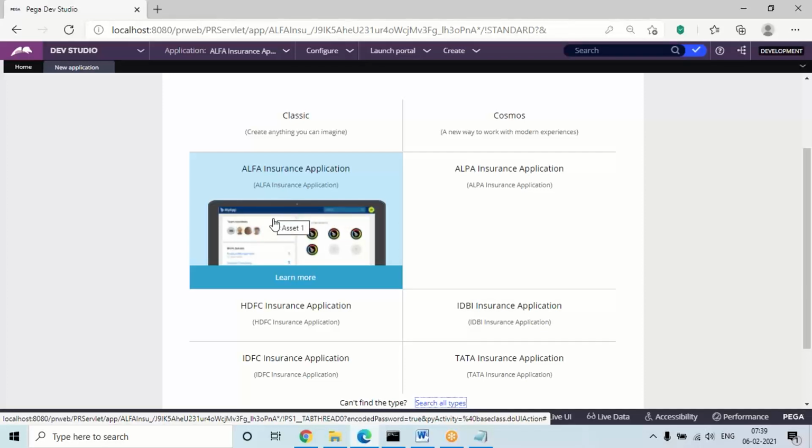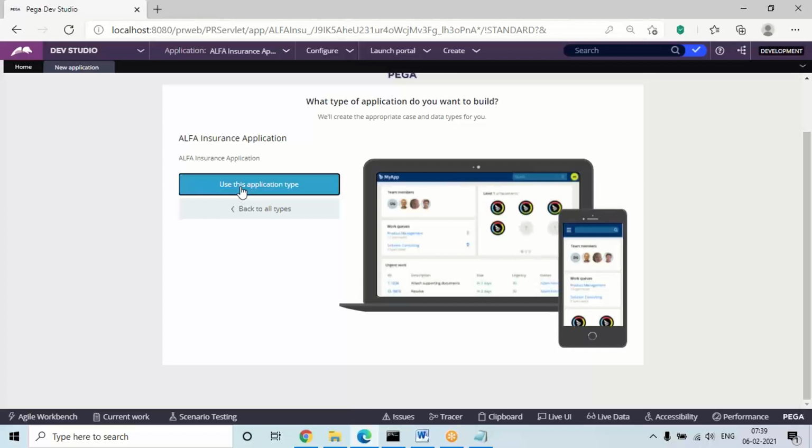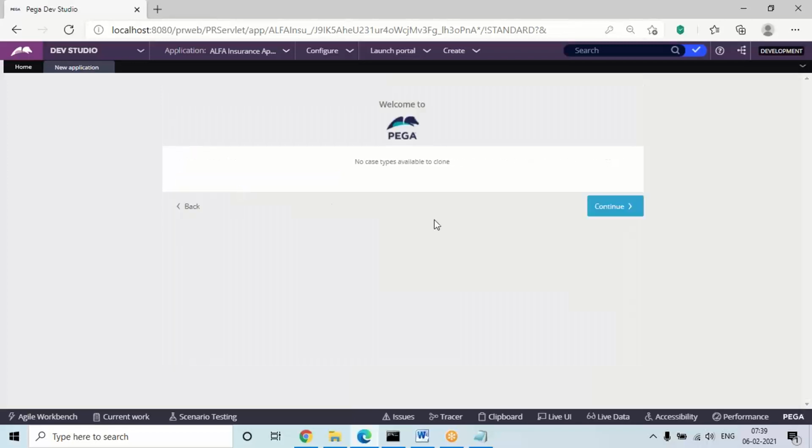You'll get two to three screens. Click on use this application type, and you'll get two additional screens which you don't get when creating the framework layer, but there's no need to define anything here. You'll have the option case types, and case types and all modules we are going to define once we open the implementation.